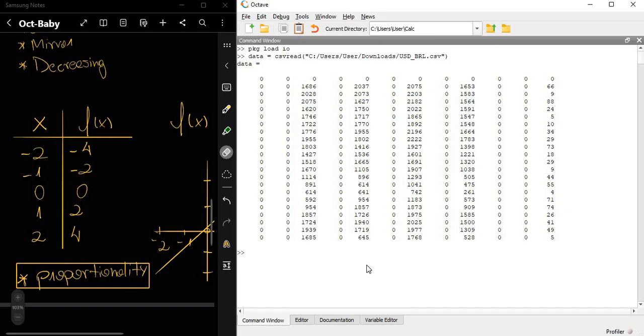We can do a visual analysis and see the points in which this exchange rate is increasing or decreasing. So type plot and inside of the argument, data.